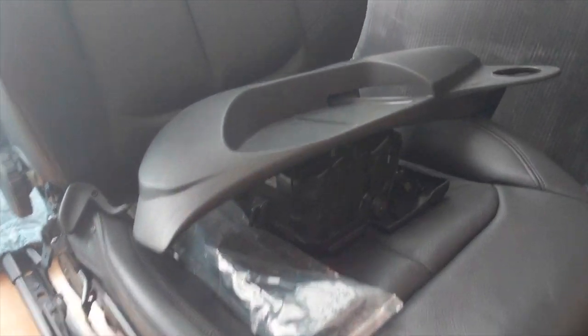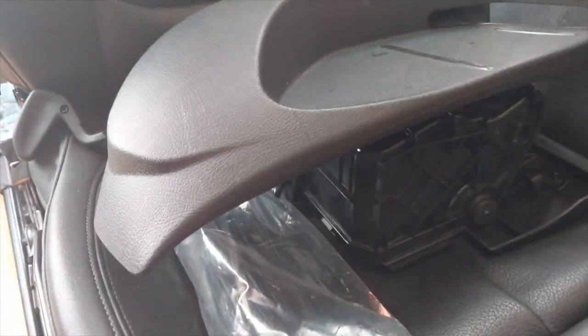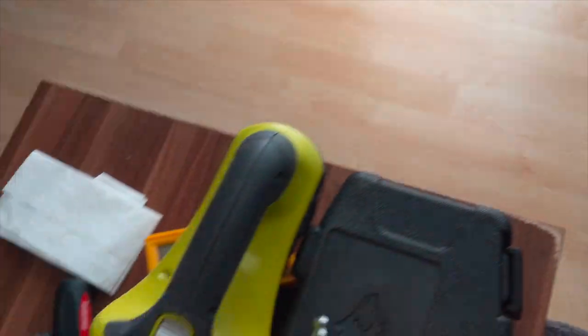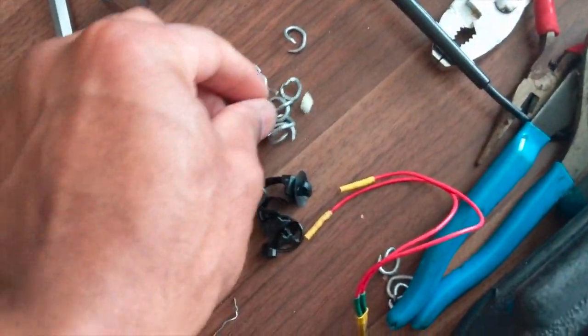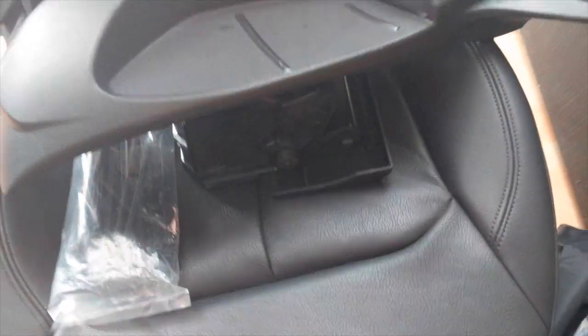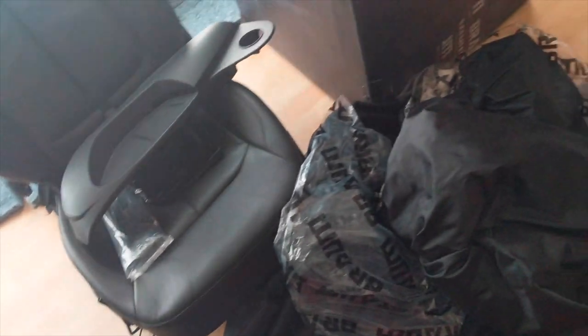So to take this all out, if you do use your stock sensors, it's really kind of complicated. You take the leather off of here. There's a bunch of little pins that you have to take out, these things right here, to release it from, there's a rod that pushes this leather down into the actual foam part so it stays in place. So after doing that, I realized that if I ever use these again, the leather is going to be messed up. So that's why I went with the MK6 Jetta